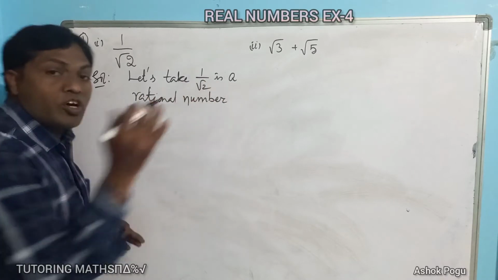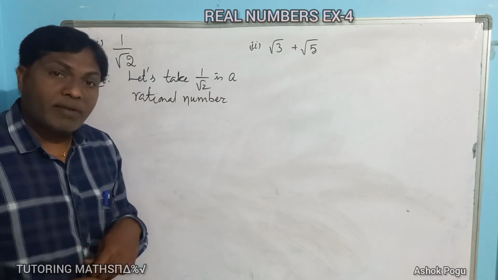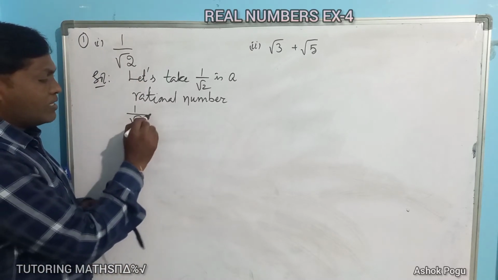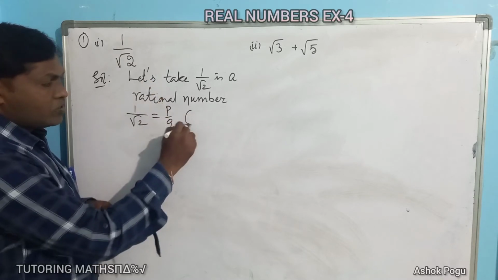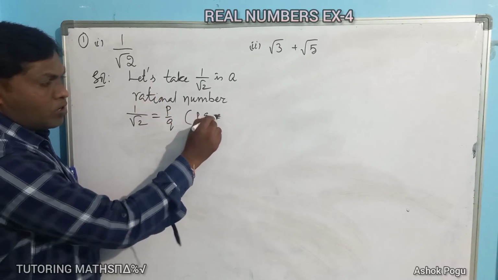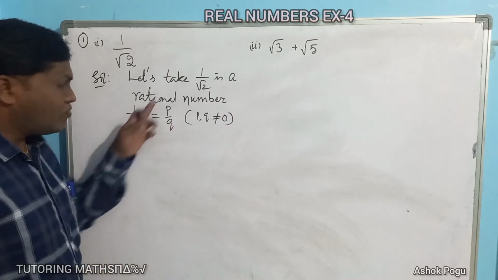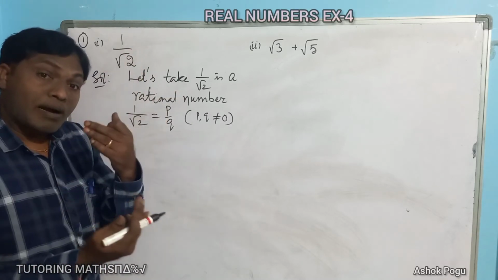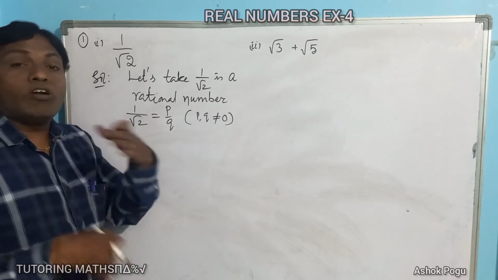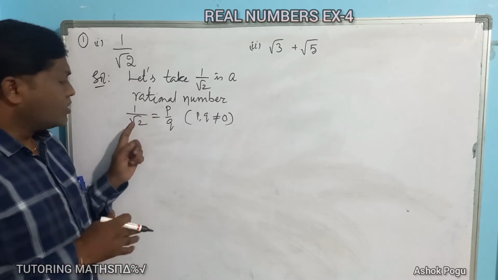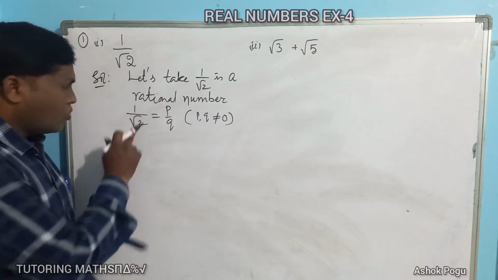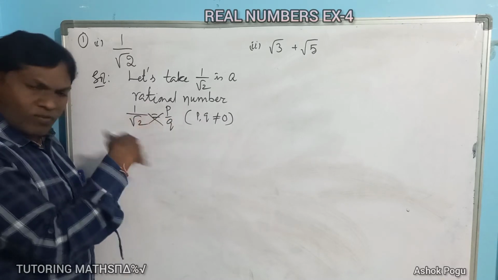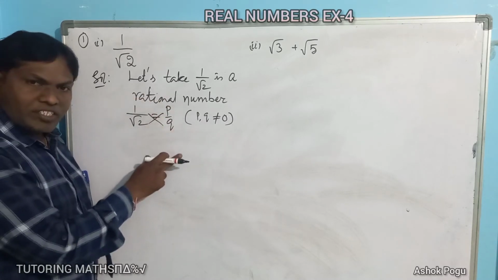Then you know which are called rational numbers. What is the standard form of a rational number? Rational numbers are in the form p by q, where p, q are not equal to 0. Because we are going to prove that it is irrational, but we are coming from the reverse, this is called contradiction. We take the reverse case, so let us take this as a rational number. Now, by cross multiplication, or take the inverse of the given fractional form.